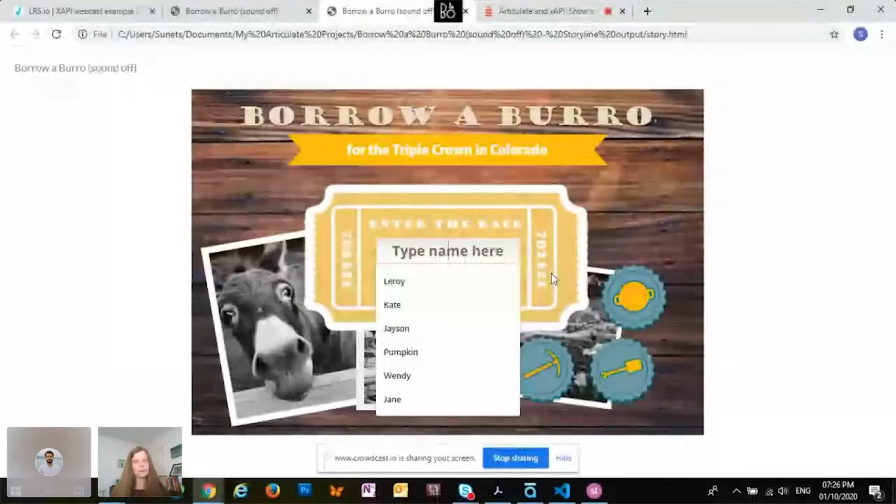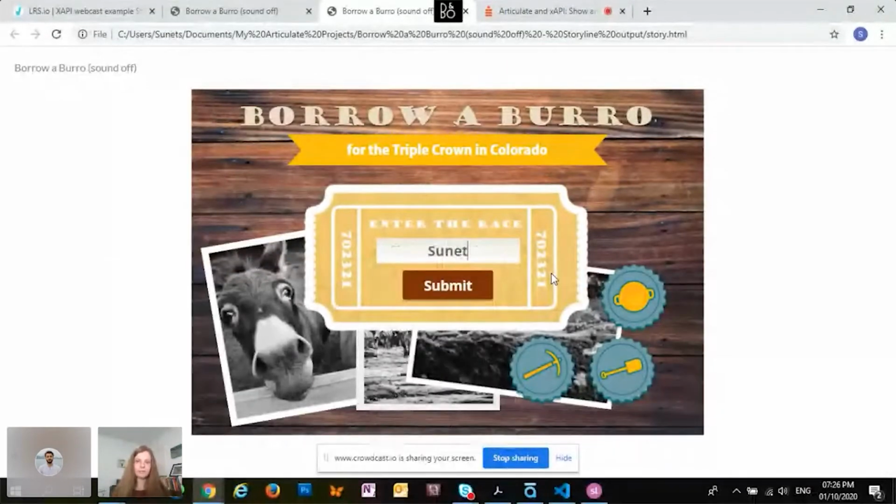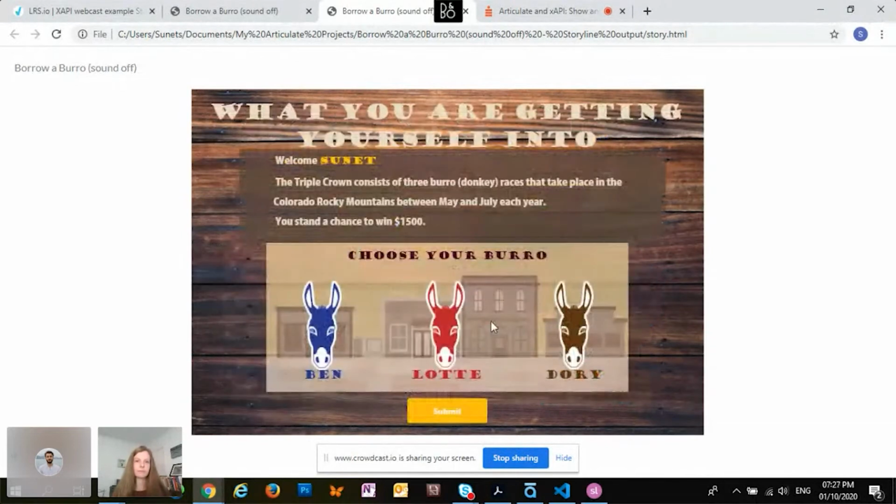Okay, I'm sharing my screen. I hope you guys can see. I'm starting off first of all with collecting a name. And then I've got an avatar, so you can pick your avatar. The theme is burrow racing, so you are participating in a type of burrow race.